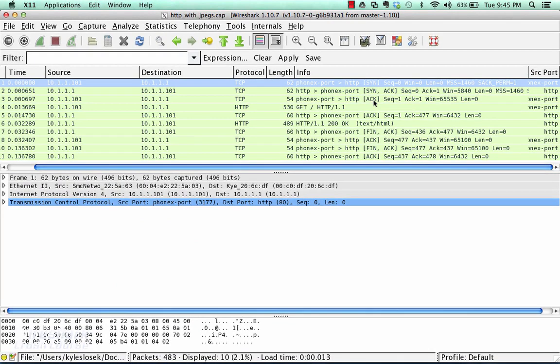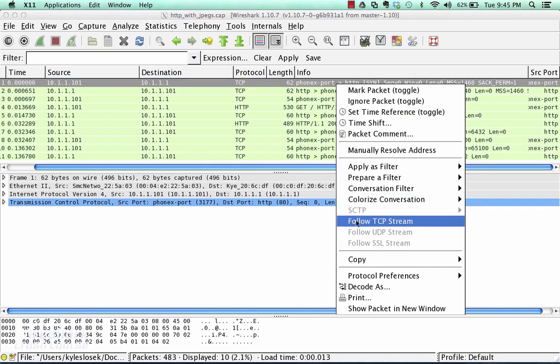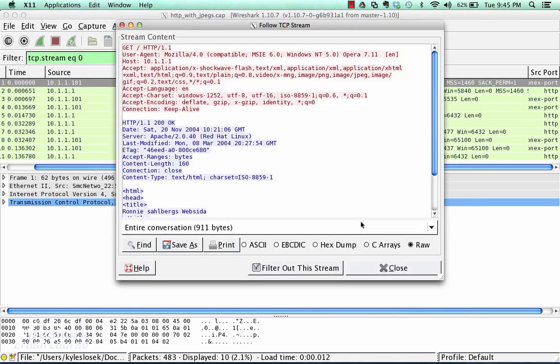So we call that, or Wireshark calls that, a conversation. So it has the great ability to recreate the entire conversation. So let's do that here. Here's the first packet of our conversation. We're going to right click on it and we're going to do Follow TCP Stream. Now what this does is it goes and it'll pick up all of the packets within that conversation and recreate